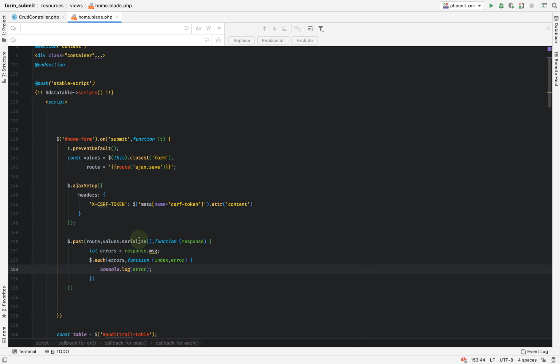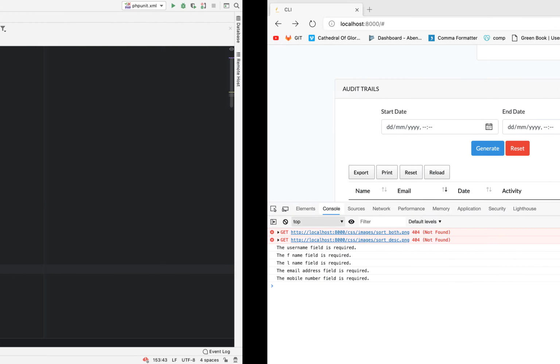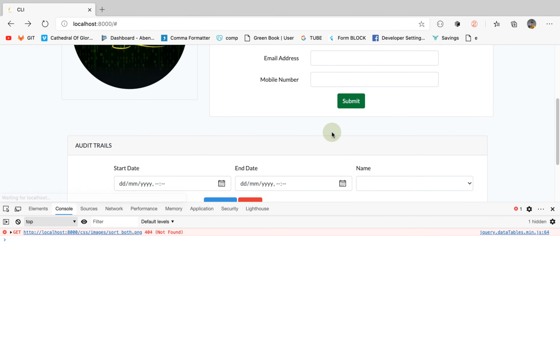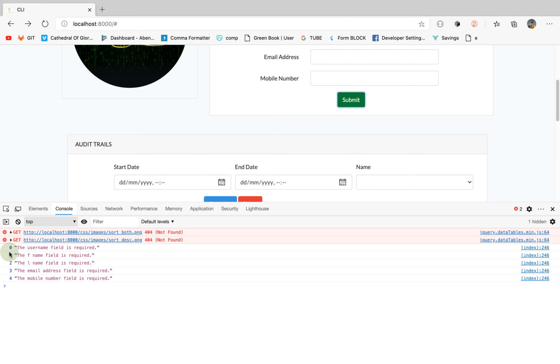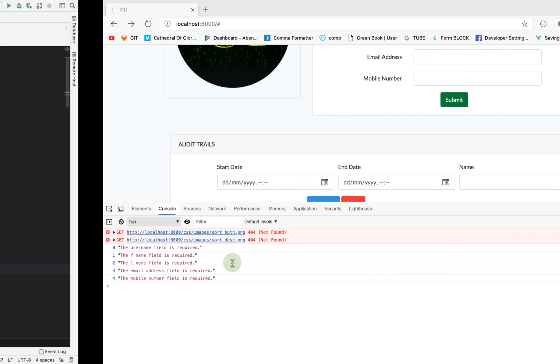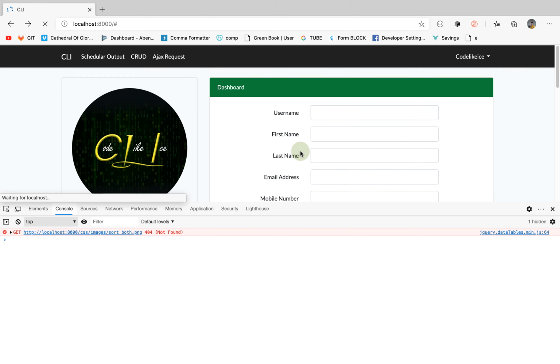Okay, so in a function, the first parameter is the index, and every array has an index, but here we don't need the index for anything, we just need the error itself. But let's try something. Let's see error comma index comma error. Refresh and let's submit the form again. Get it? So that's it. But we don't need a zero, we don't need the index, so just take it out from here. Just pick the error itself. Now we need to